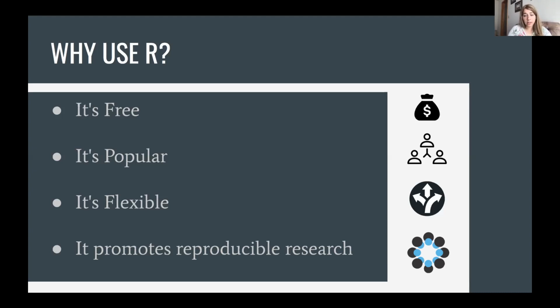The second reason is that it's popular. This really allows you to collaborate with a bunch of people who are using R, and to have this common interface. And it's becoming very popular in psychology. The third thing is that it's really flexible. And the fourth thing, which is really important, is that it promotes reproducible research. Using a point and click interface sometimes really hides the things that you're doing, while using R, you have a literal recipe of everything you did. So another person who wants to get a similar result should be able to just run your code and get the exact same numbers that you did.